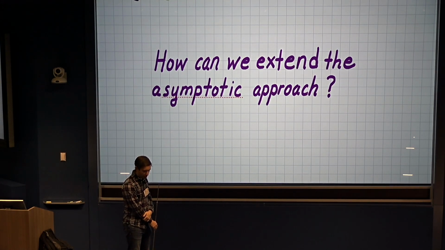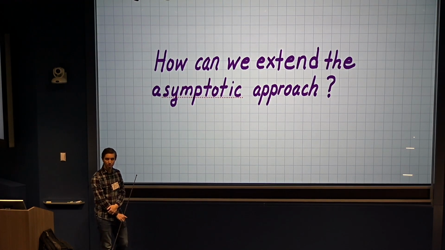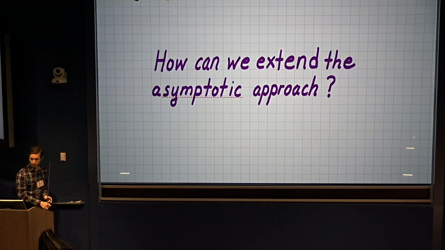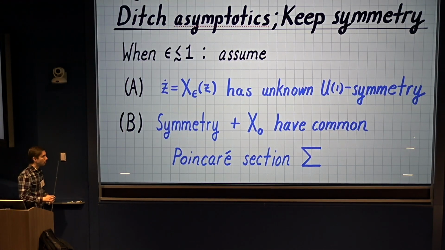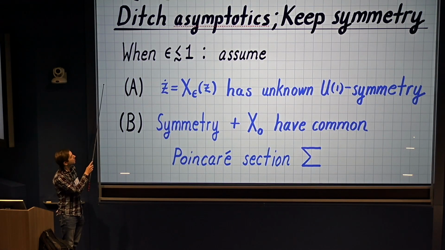So how do I want to use this perspective on Kruskal's theory to push into the non-perturbative regime? My idea is let's ditch the asymptotic